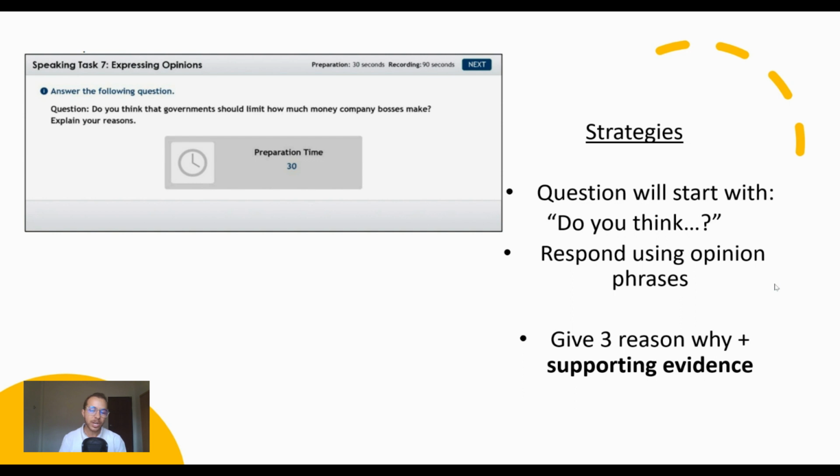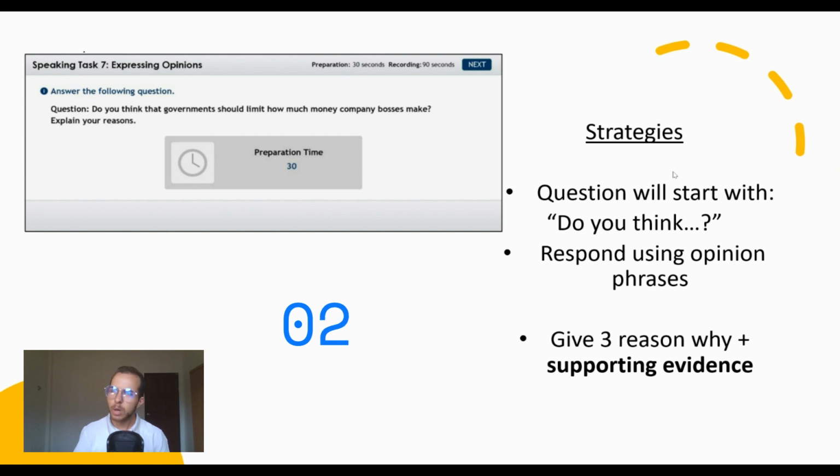Okay, so I'll share with you my 90 seconds, my best attempt. In my opinion, I don't think that we should limit how much company bosses make because they are not the issue to global inequality. Yes, we do have some bosses that make an extreme amount of money in comparison to the employees. But what I think will really benefit the people is to increase the middle wages, so those skilled workers, reduce the dependency on non skilled workers, the people that don't get paid very much, and have a fair